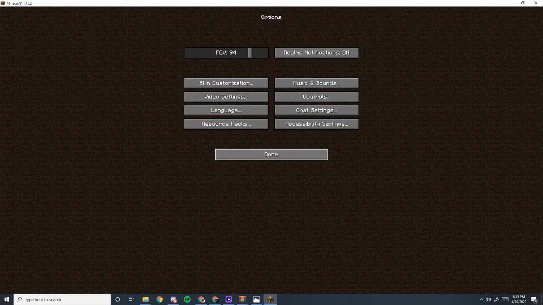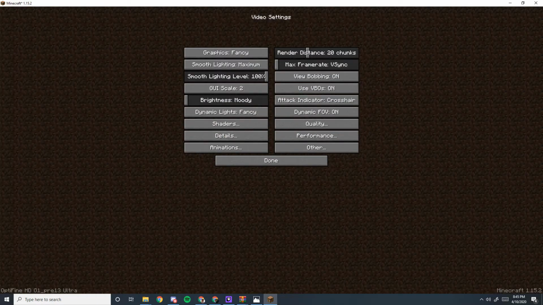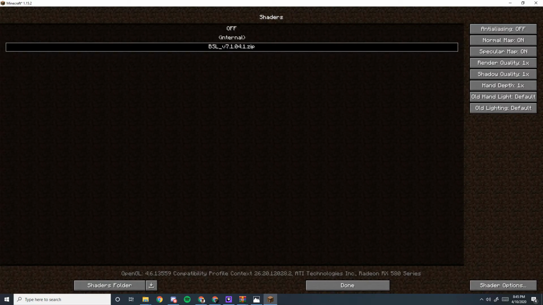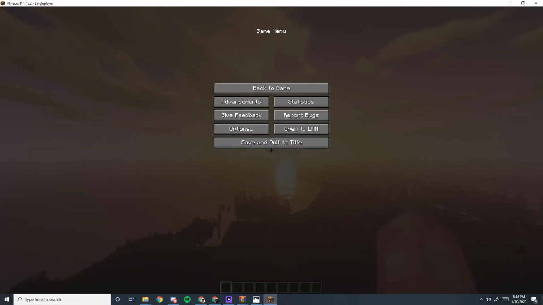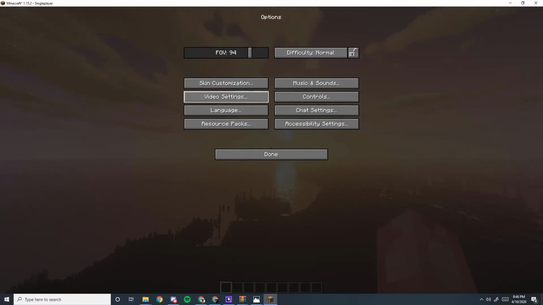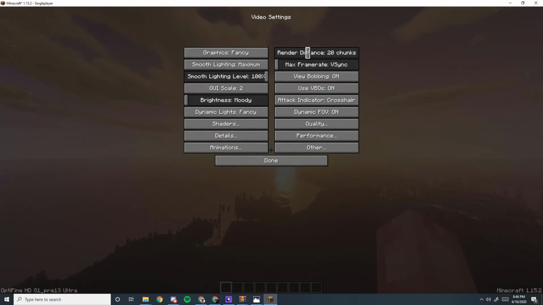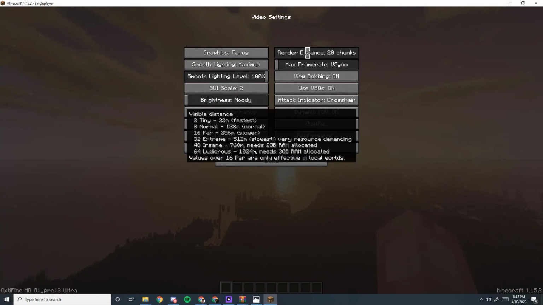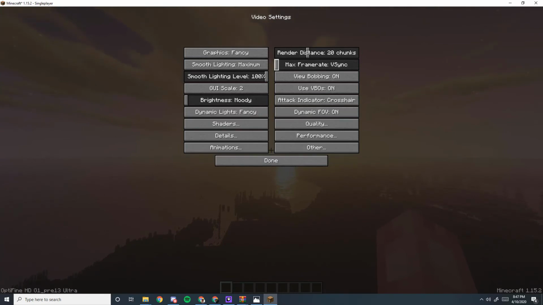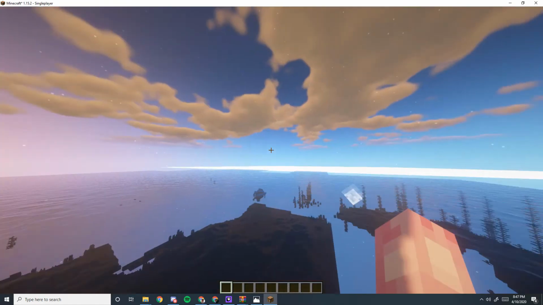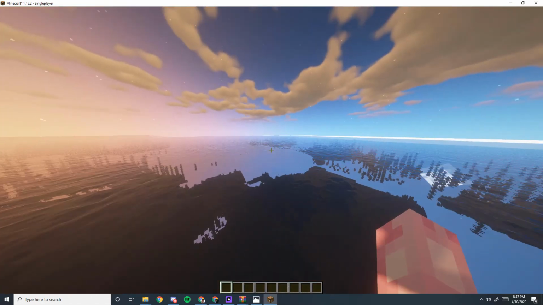So now we'll just click options, video settings, and then now you have a bunch of these options available that we didn't have before. And we're gonna click shaders, and BSL should be here. If you have a beefy computer, like a gaming PC, I still recommend to bring your render distance lower, because I used to play on 40 render distance because I like seeing the horizon, but 20 still does a really good job, and it won't kill your computer, which